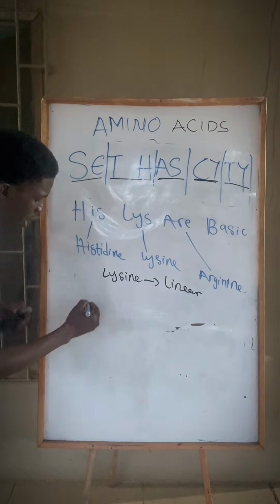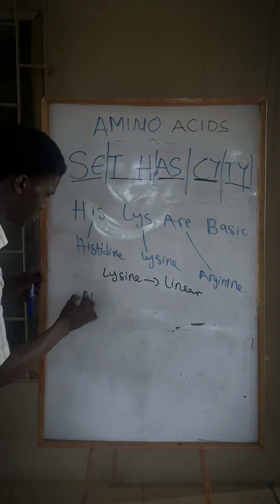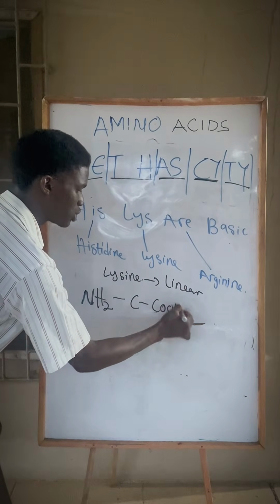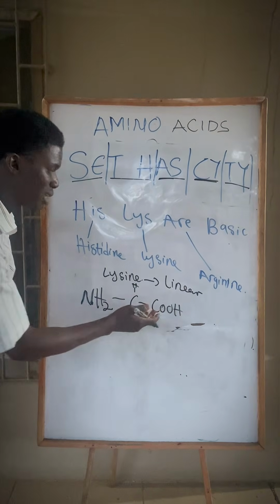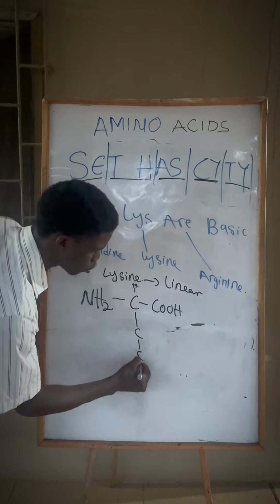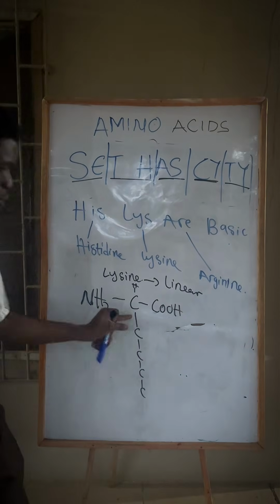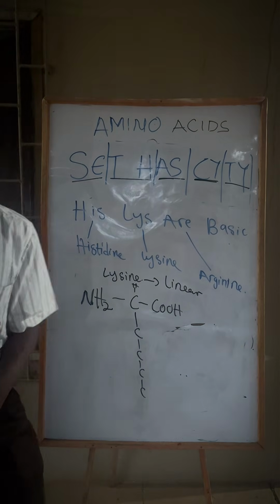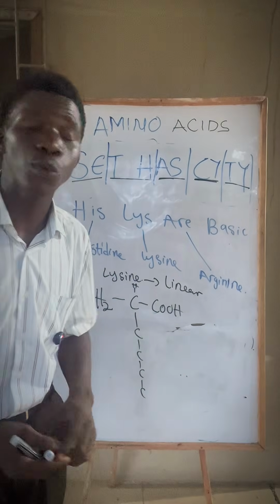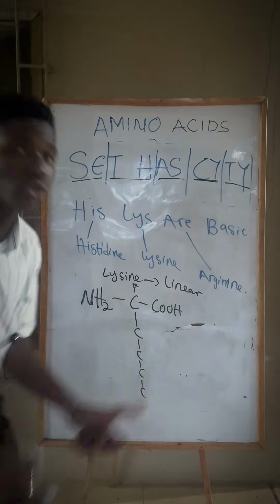So how do we draw it? Our backbone. Sorry, let me use a black marker because I think it is clearer than the blue marker. So NH2, COOH, right? So this is our backbone. This guy is going to have how many more carbons? 4 more carbons. So 1, 2, 3, 4. Now that's not all. I can't just leave this like this. How am I going to know that this is the base? Don't forget that we have a very common base, which is ammonia. Ammonia will always take in a proton to form the ammonium ion. It means that after the 4 carbons, just put